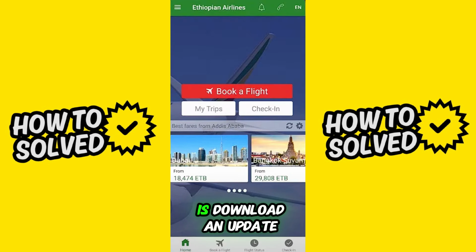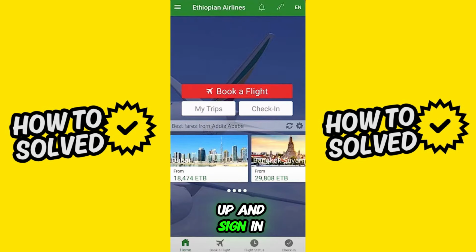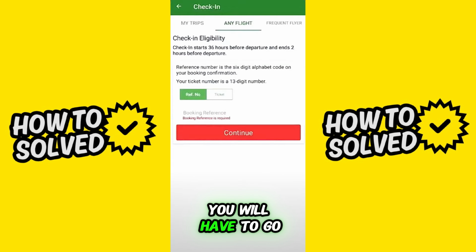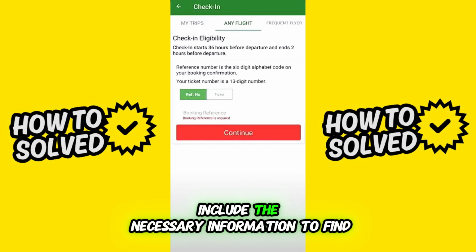All you have to do is download and update the app to its latest version, and when you open it up and sign in using your credentials, you will be able to select Check In from the main menu. When you click Check In, switch over to any flight, and as you can see, you will have to go through the check-in eligibility. Choose between the reference number or the ticket and include the necessary information to find your